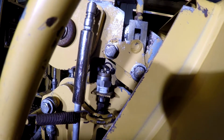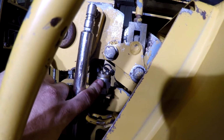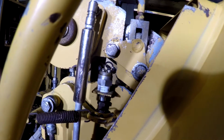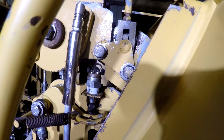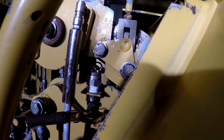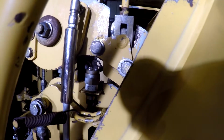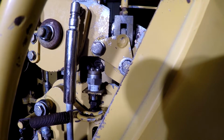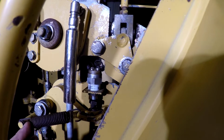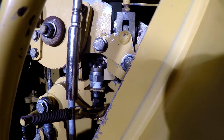So it is passing some voltage, and if you test it with no load on it, when it's not working with the dozer off, if you just test across this switch with your ohm meter, it shows that it's working, everything's lovely, it's grounding, all is well with the world. But when it's engaged and you test it with a load on it, we're getting a whole bunch of resistance right there. So that tells me there's something going on in that switch, or the switch is really not designed well, and so it's not getting what it's supposed to get, a full ground signal to the solenoid down there or something like that,